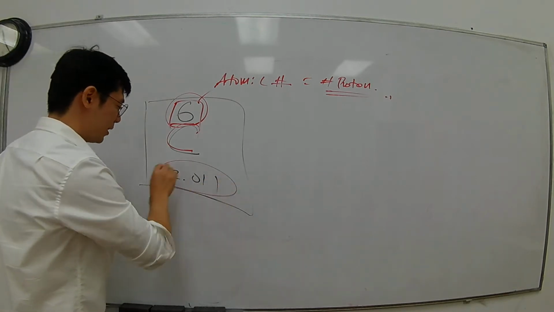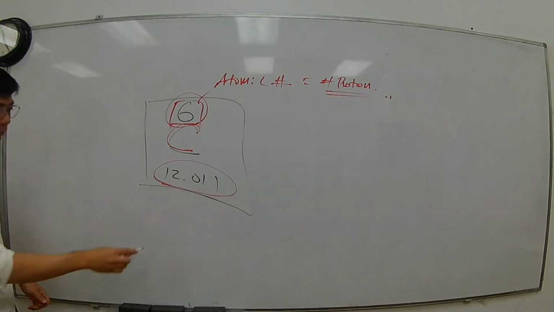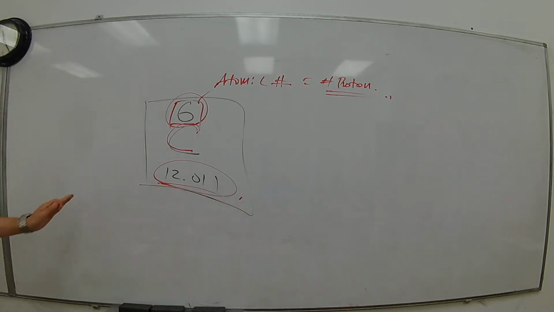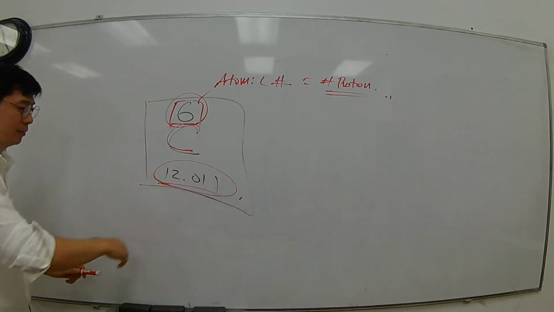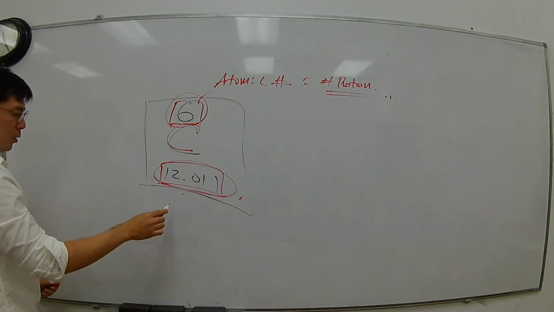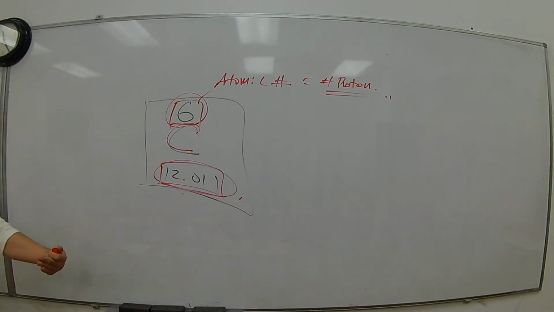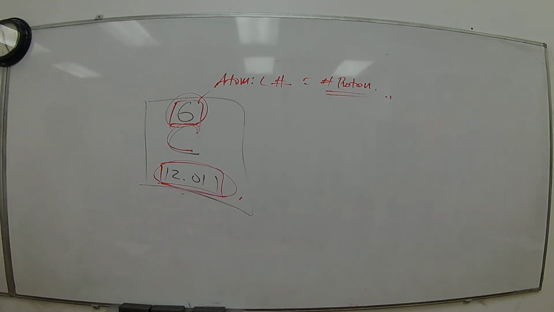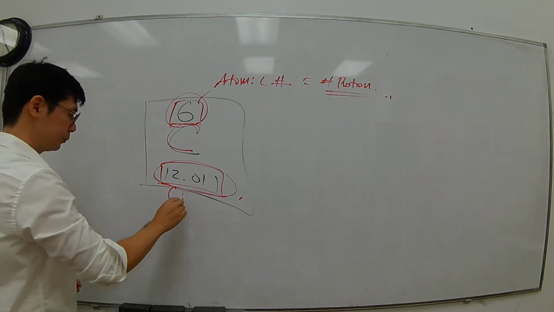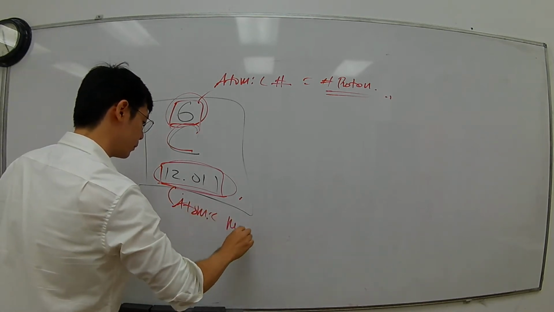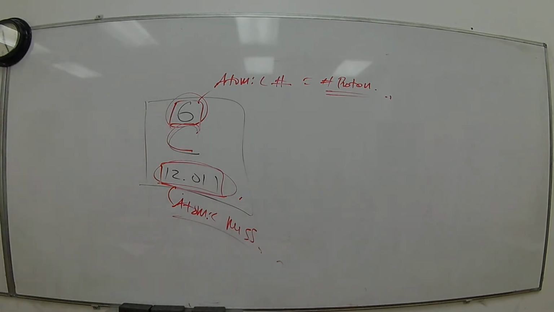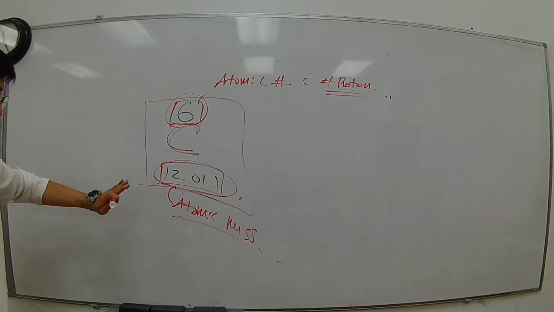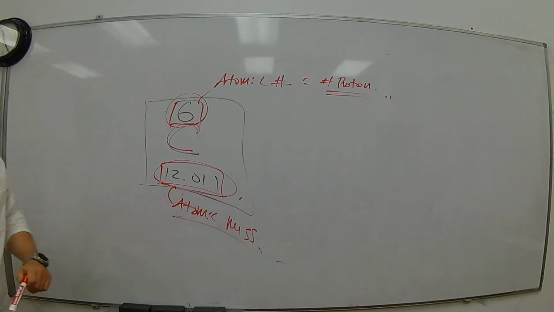So now, what about this one? The terminology depends on the teacher. Sometimes they call this atomic mass, sometimes they call it atomic weight, but this is actually mass. So it's called atomic mass. One thing to understand is why there is a decimal point. So when you look at carbon,